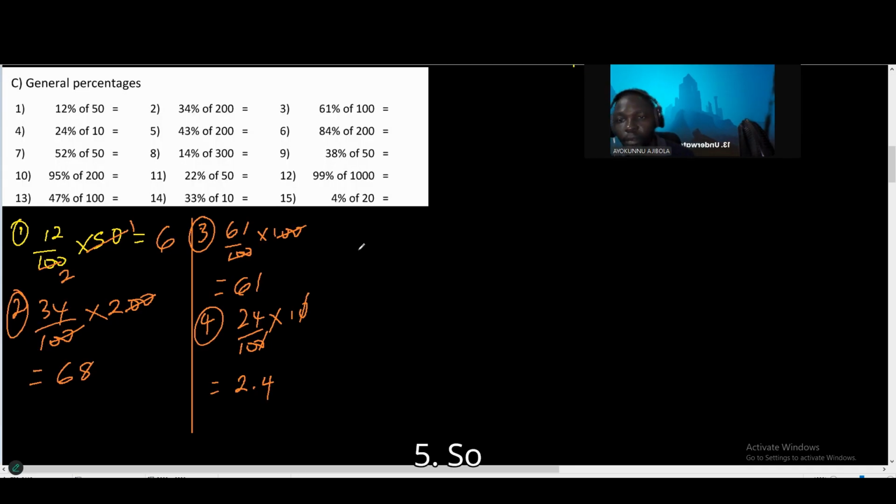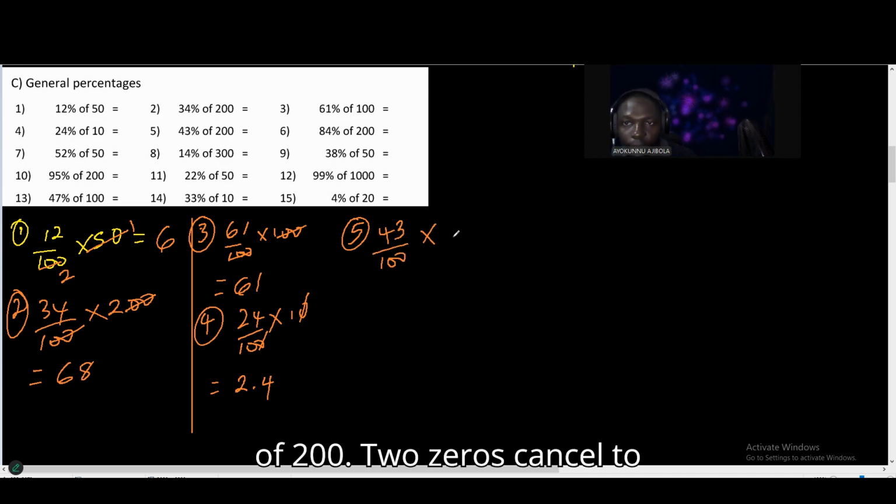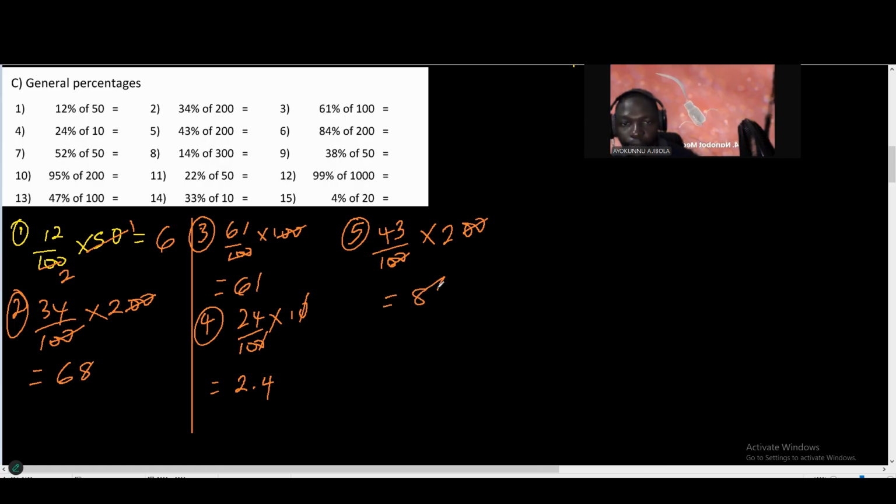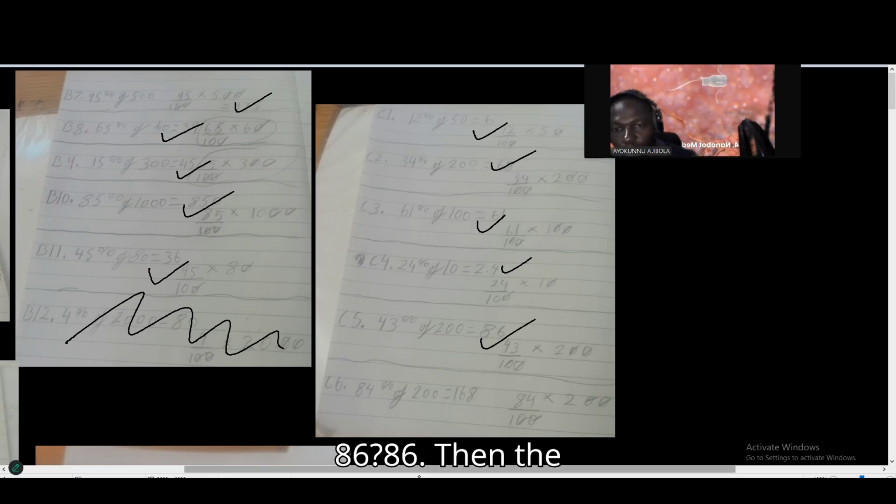Then number 5. So we have 43% of 200. 2 zeros cancel 2 zeros. So 43 times 2 is what? 86. Then the next one,